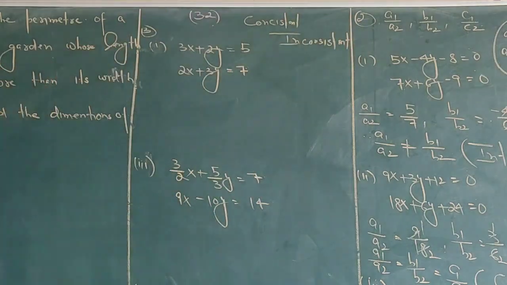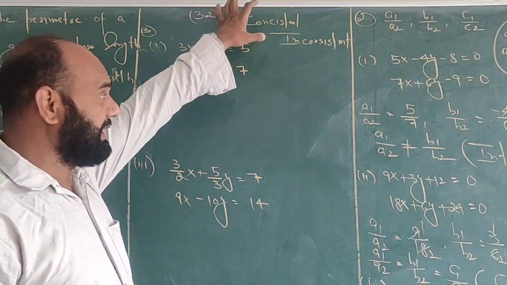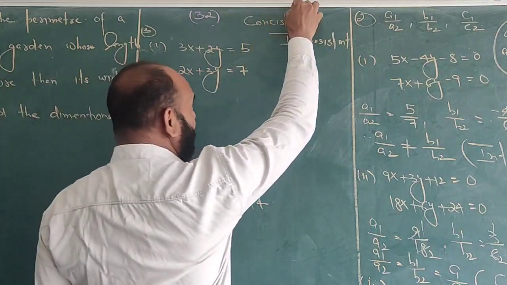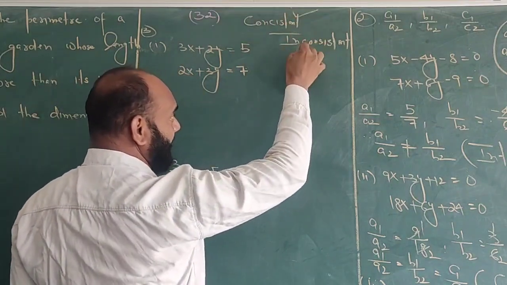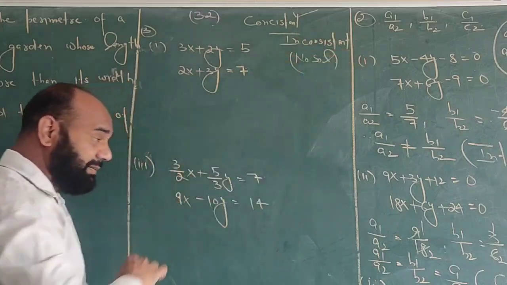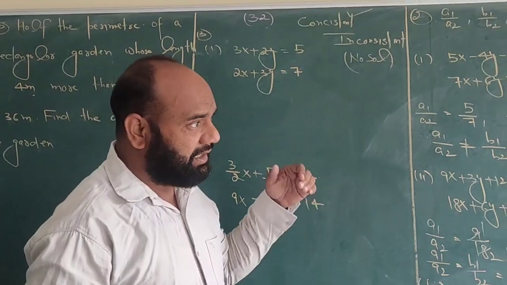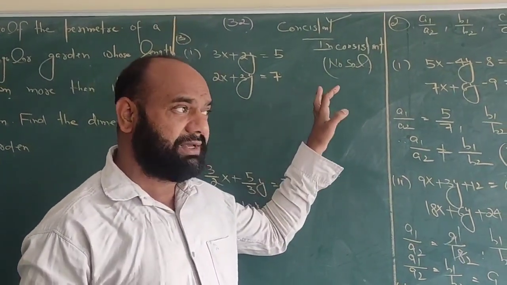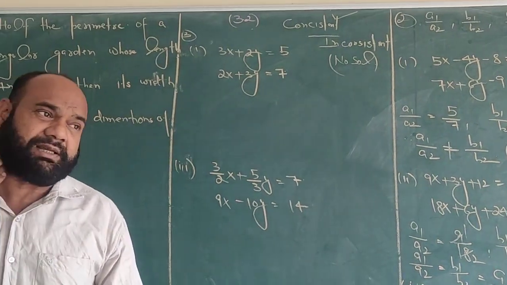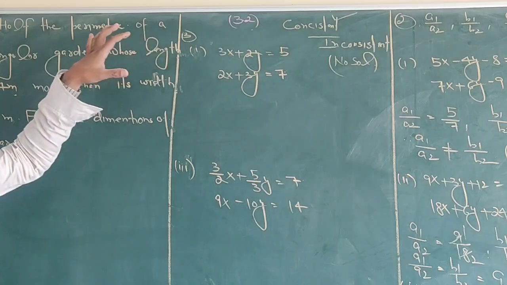We know when the system of given equations has any solution, which is either a unique solution or infinitely many solutions, then it is said to be consistent. And when it has no solution, then it is said to be inconsistent. In simple words, we can say that the system of given equations is inconsistent if and only if it has no solution. Otherwise, when it has a unique solution or infinitely many solutions, it is said to be consistent.